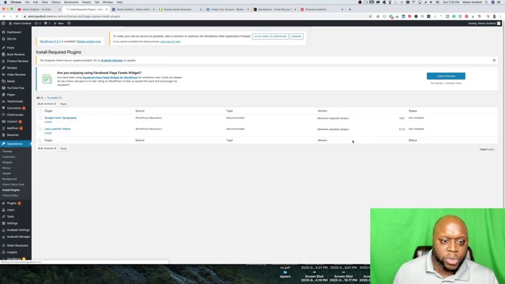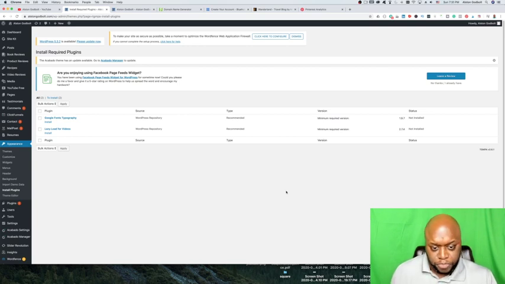plugins. Again, plugins will add additional functionality, but what's very, very important is that you do not add too many plugins. The more plugins that you have on your site, the slower your site will perform, and the more it will be punished on Google. Google looks at how quickly your website loads, how quickly it navigates from page to page. All of that is important when you're trying to rank in Google. And so,